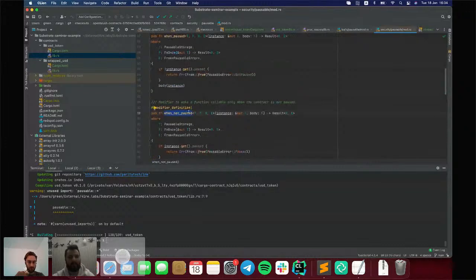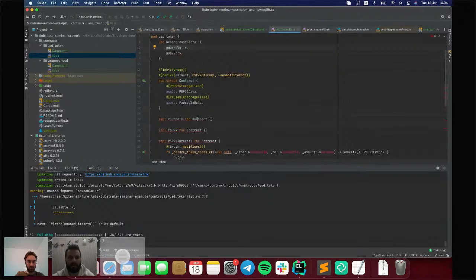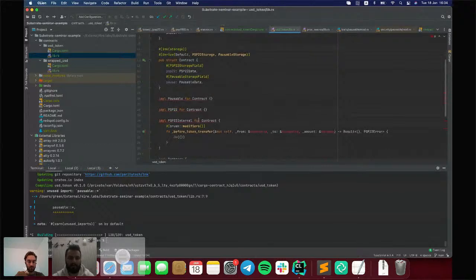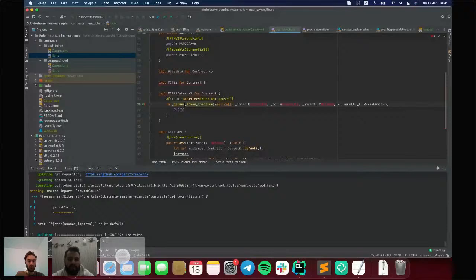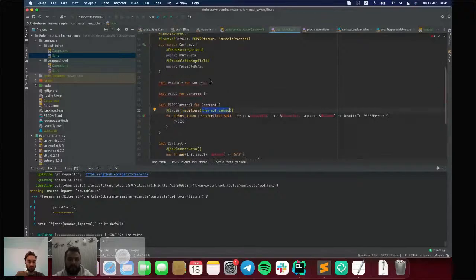We want to mark our before token transfer function with when not paused. If the contract is not paused, that modifier will return OK. But if the contract is paused, that modifier will throw an error that the contract is paused.